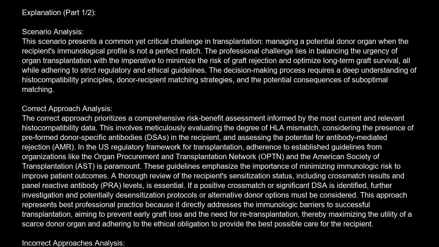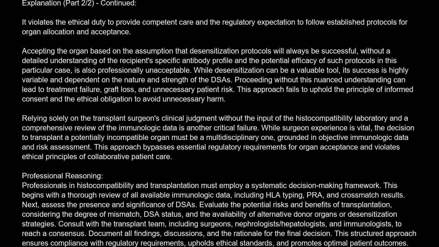Incorrect approaches analysis. Proceeding with transplantation without a thorough evaluation of the crossmatch and DSA status, solely based on ABO compatibility and general HLA matching, represents a significant regulatory and ethical failure. This approach disregards the well-established principles of immunologic compatibility and the high risk of hyperacute or acute AMR, which can lead to immediate graft failure and severe patient morbidity. It violates the ethical duty to provide competent care and the regulatory expectation to follow established protocols for organ allocation